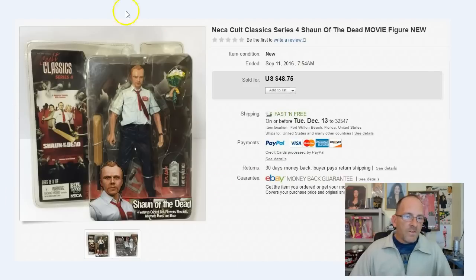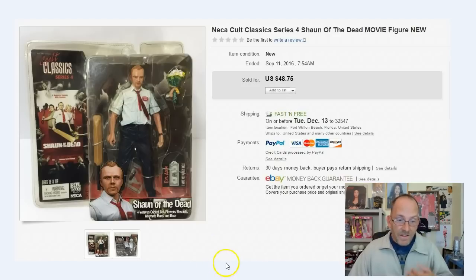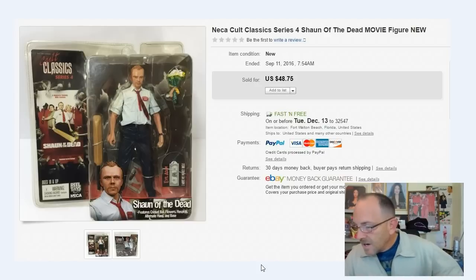Here's another one of those action figures. Now, I remember Shaun of the Dead. But it just goes to show, guys, this stuff, I wouldn't have thought is worth that much money. So, I've made some really good money on these things. And this particular one went for,